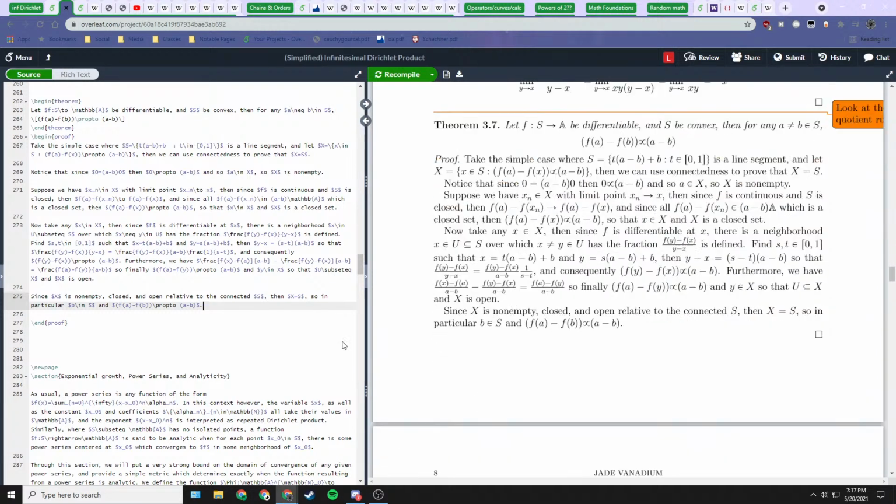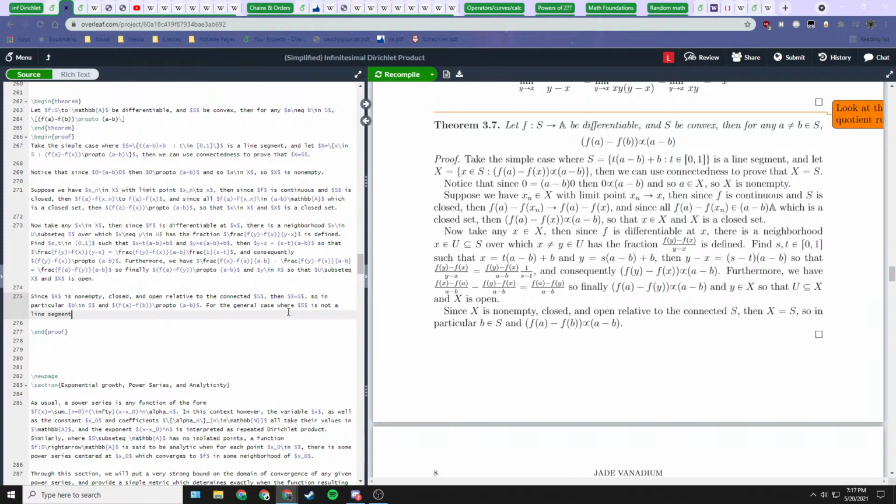For the general case, where S is not a line segment,